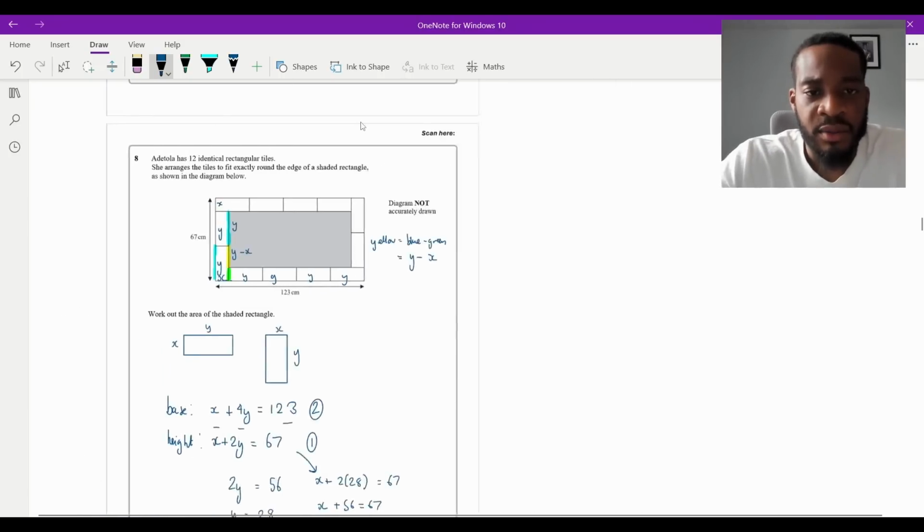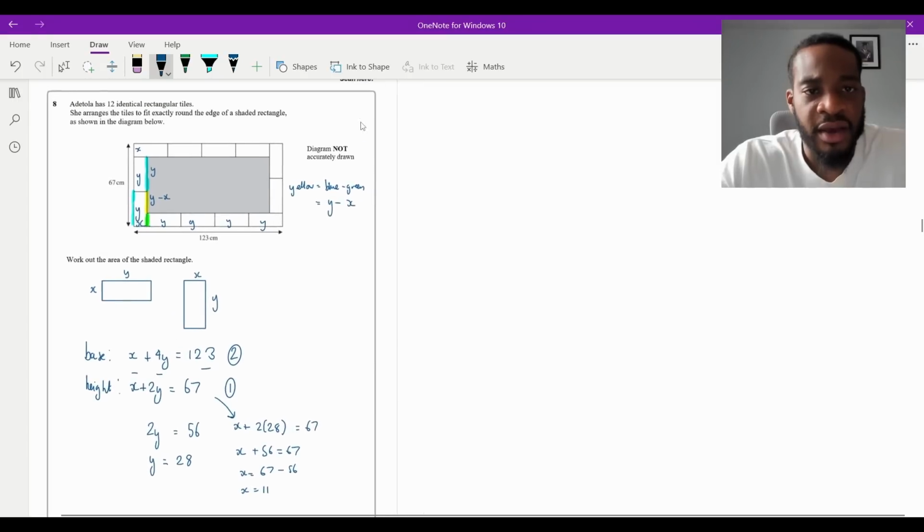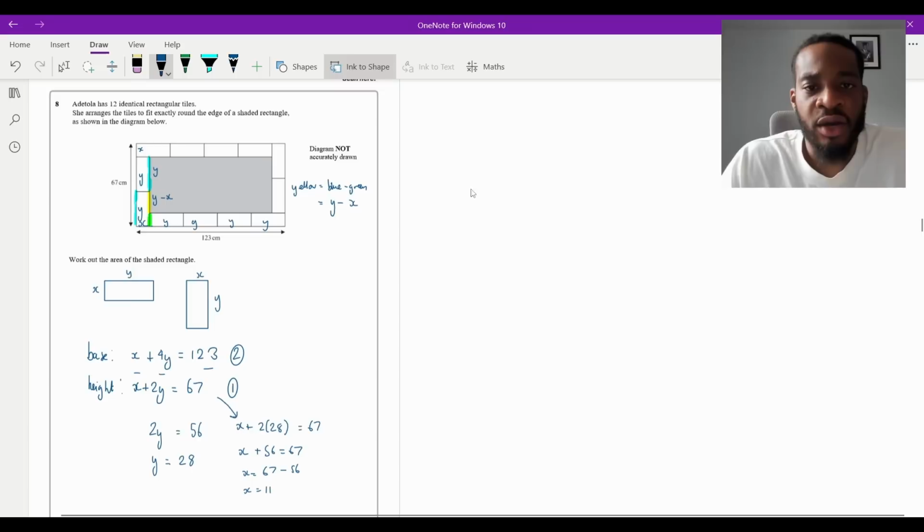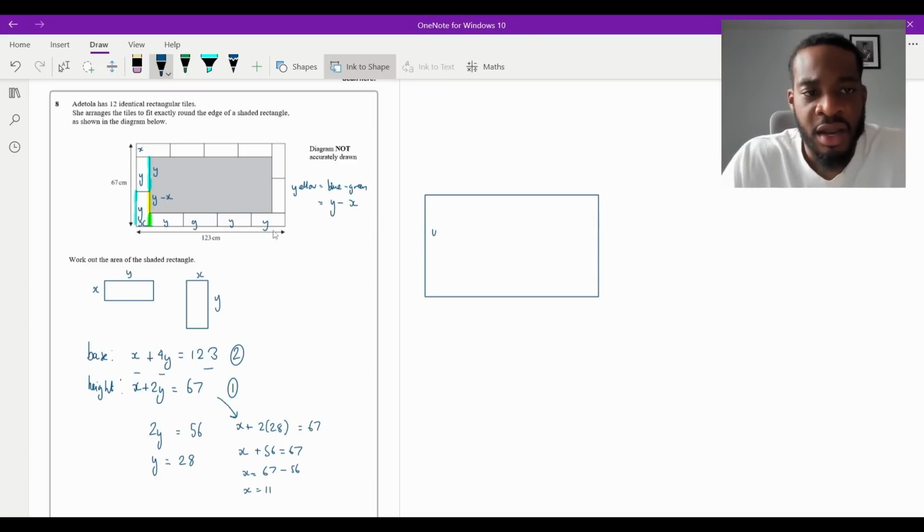Let me just zoom out and then I'll put it here. Okay, so I'm going to draw a rectangle, and this is going to be the shaded rectangle like that. So I know that this is y and then another y minus x. So I actually just do it here. So I say that the height then,